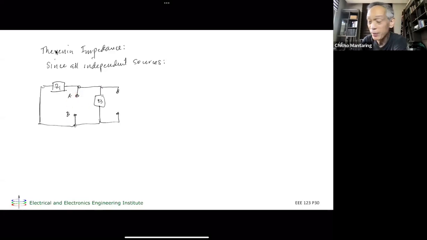And what will that be? What is, in effect, ZTH? That's the impedance with respect to terminals A and B. That's just going to be Z1 in parallel with Z3. In other words, this and this are just in parallel. Okay? So the final Thevenin equivalent